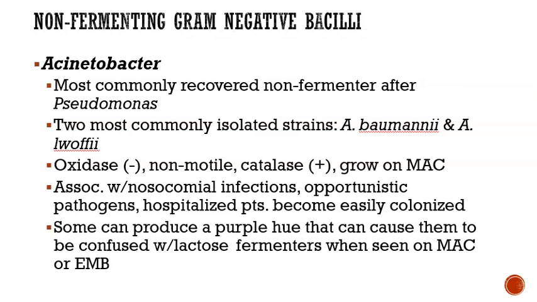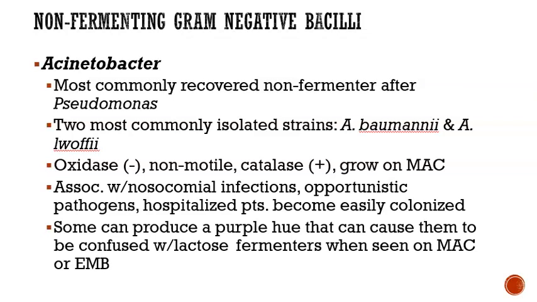The two most commonly isolated strains are Acinetobacter baumannii and lwoffii. Oxidase negative. So this is one of those that is an exception to that oxidase rule. It's non-motile, catalase positive. It will grow on MacConkey. This one's associated with nosocomial infections. It's considered an opportunistic pathogen. Hospitalized patients can become easily colonized with this organism, but it's also normal skin flora in about 7% of the